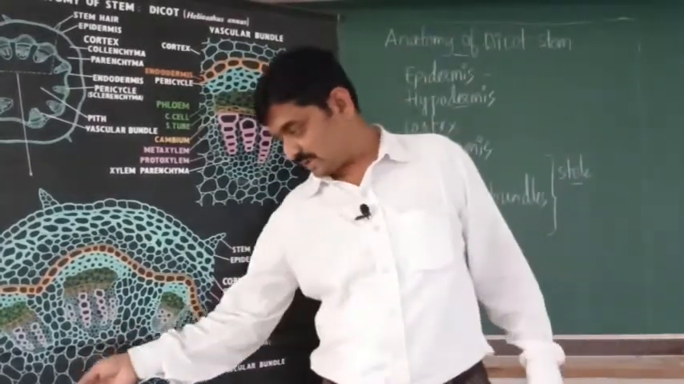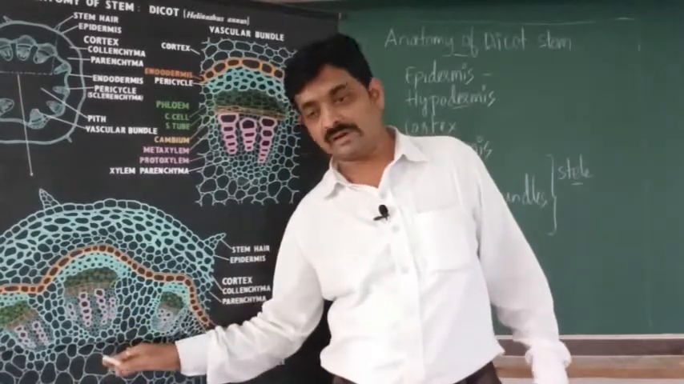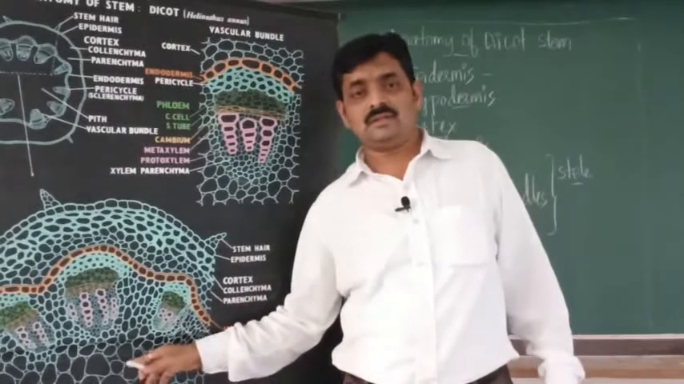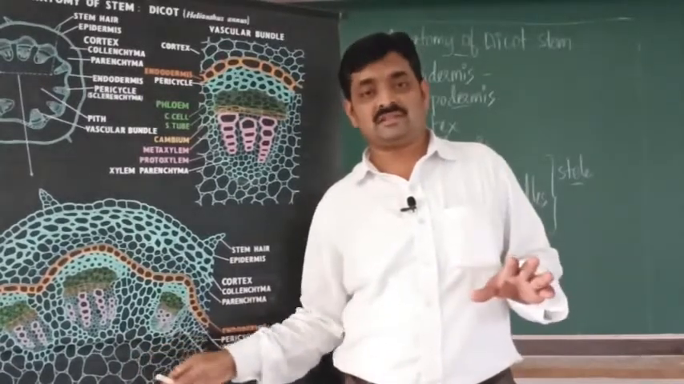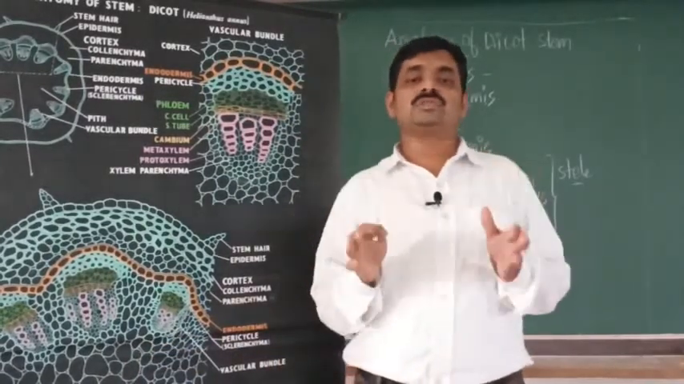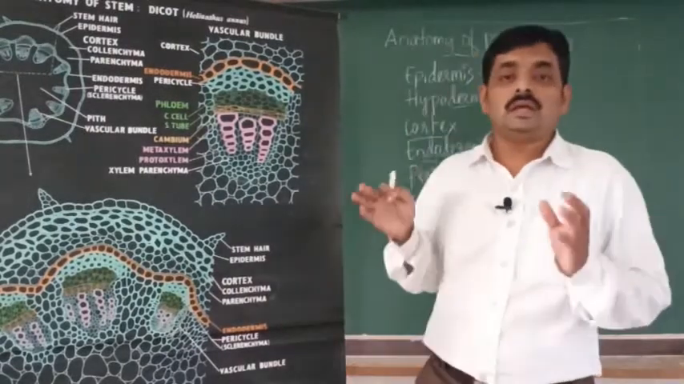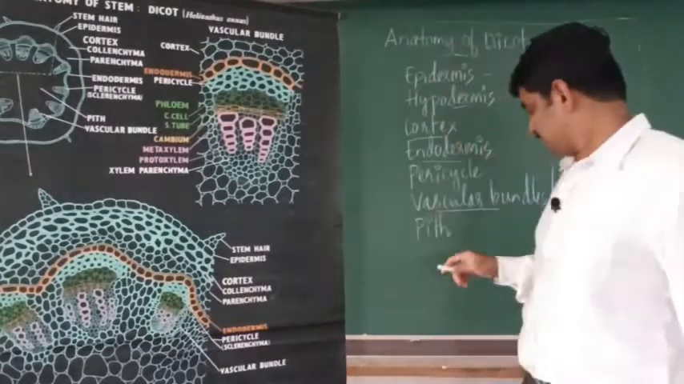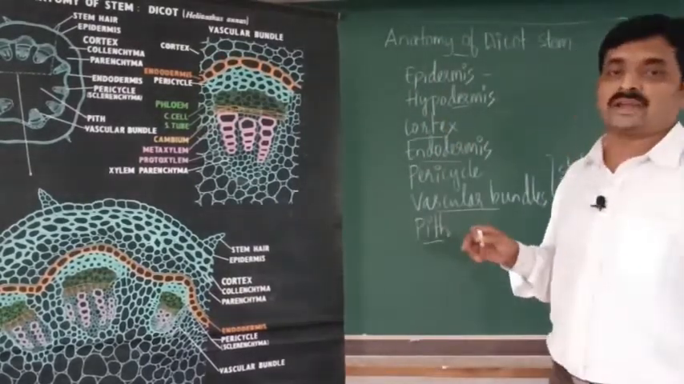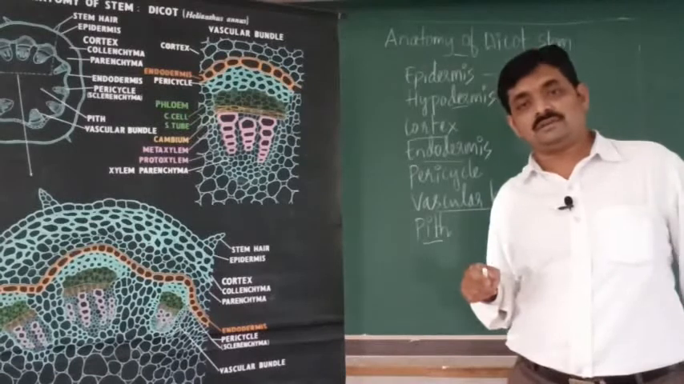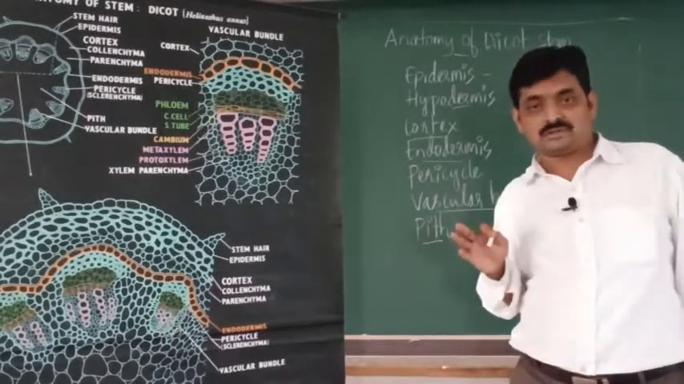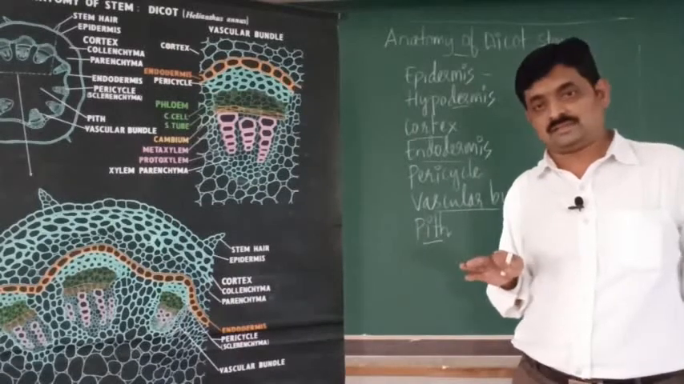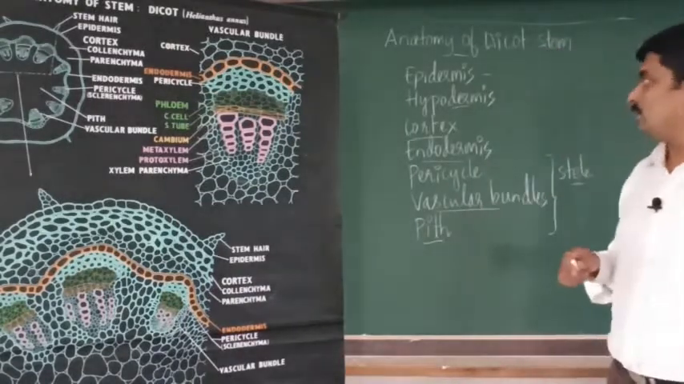Then in the center, below the vascular bundles, you can see the cells. Those cells are loosely arranged parenchyma cells, right? These loosely arranged parenchyma cells in the center of the dicot stem are called pith. So pith is usually located in the center of the dicot stem, and it is composed of parenchyma cells. So that is about the anatomy of